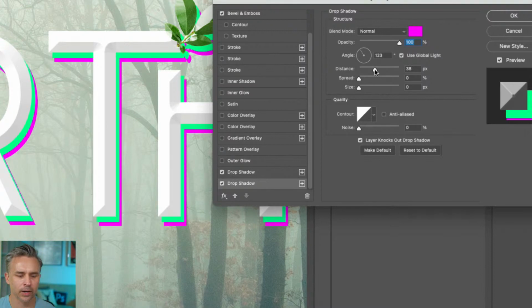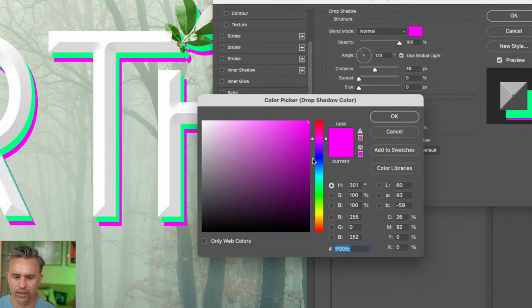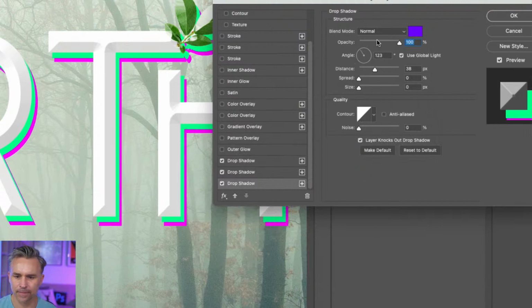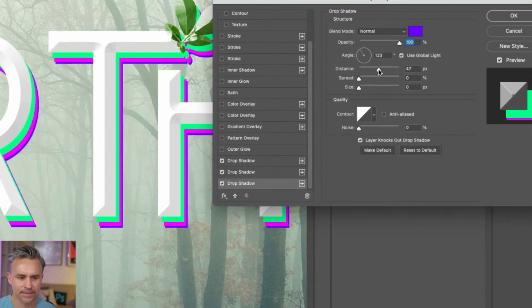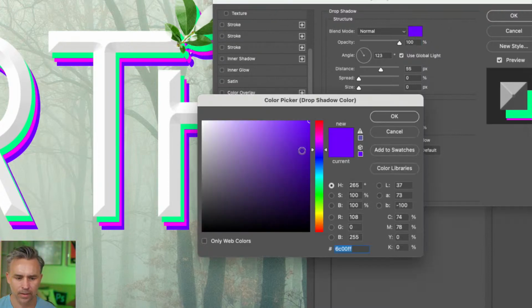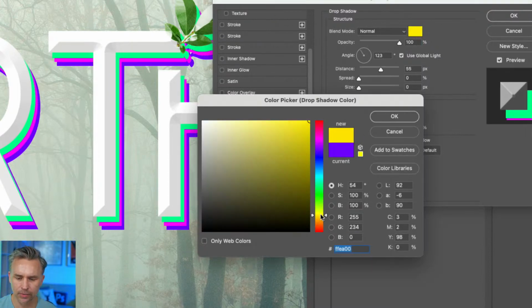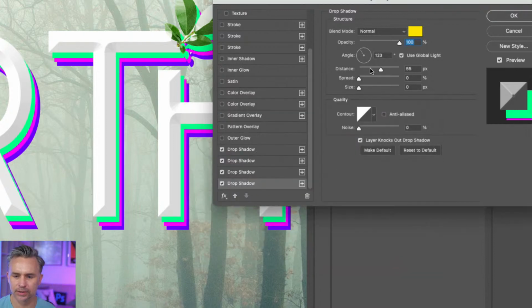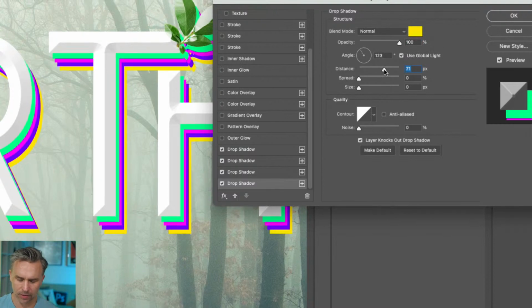Throw a little pink in there, and we can offset that a little bit more, right? We can do that again. Boom, add another one. This is our third one, which is going to dip more into the purple or something. And again, let's offset that distance. And we start to get this lovely layered effect, which is actually pretty cool. What else? Oh, yellow. We need to bounce into like a gold. Increase the distance. And you get the idea.